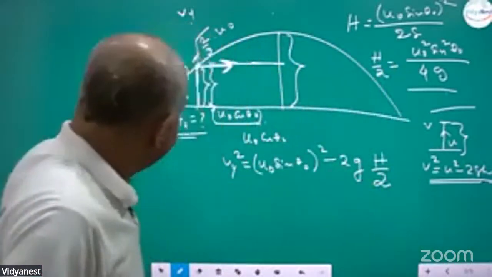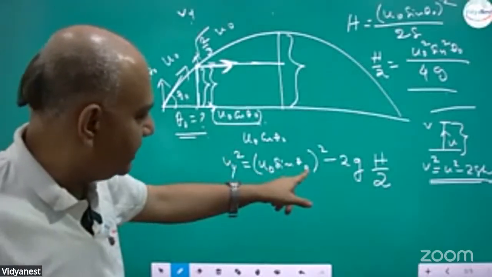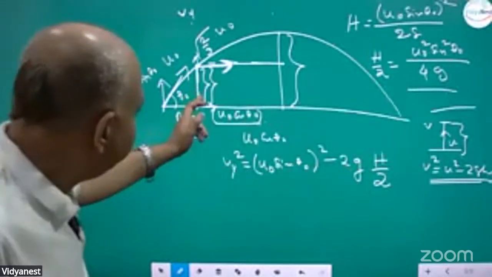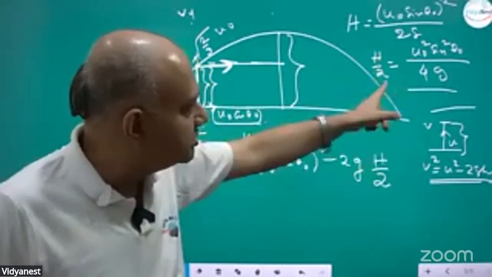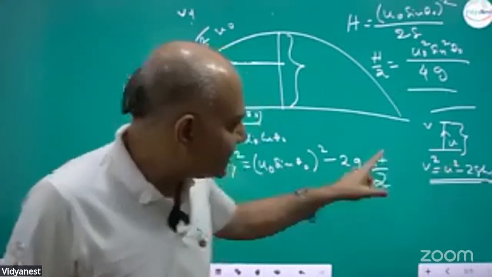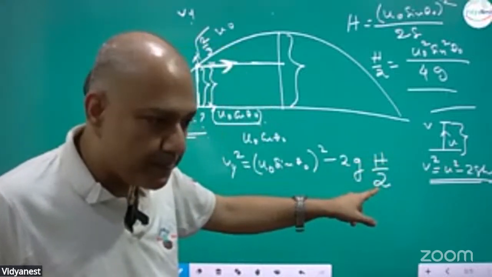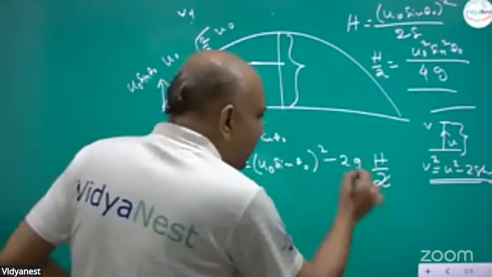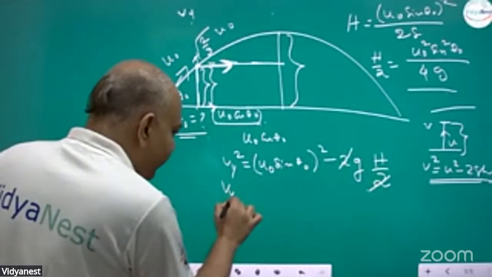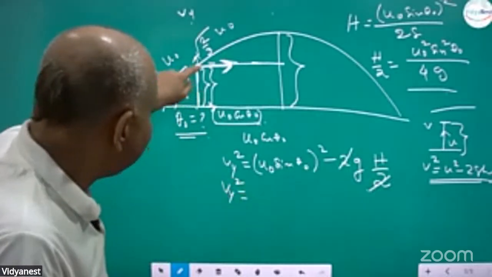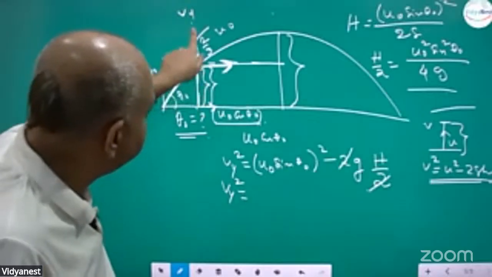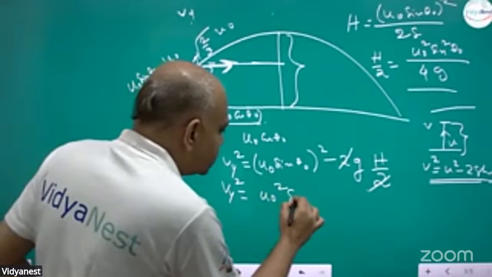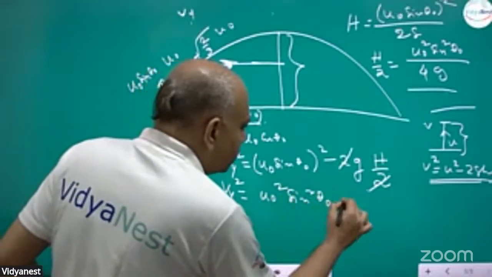Initial velocity u naught sine theta naught, squared, minus 2g into the vertical displacement, h by 2, half of the maximum height. So the half and 2 cancel out, and Vy square, the vertical component of velocity at this point, is u naught square sine square theta naught minus g